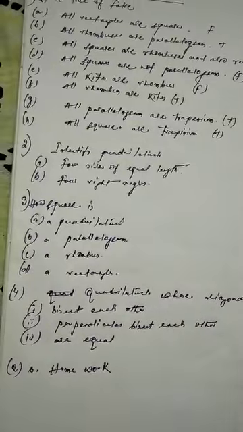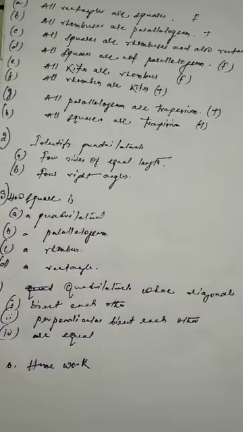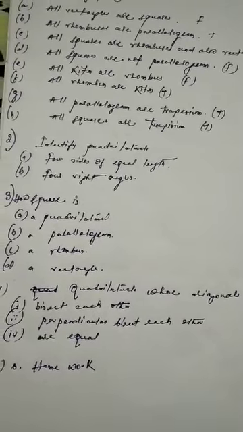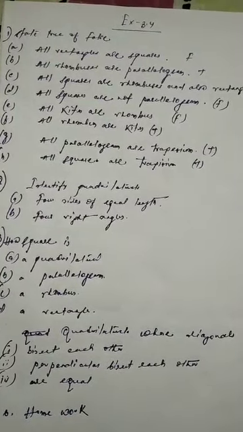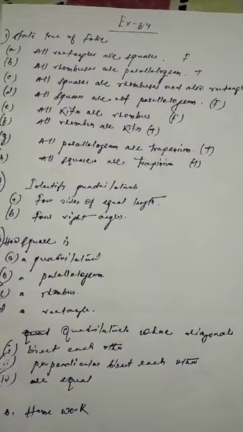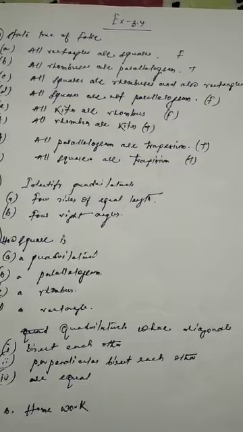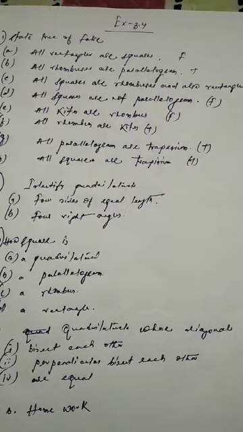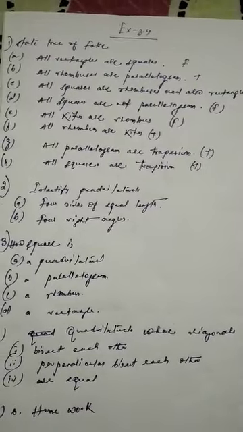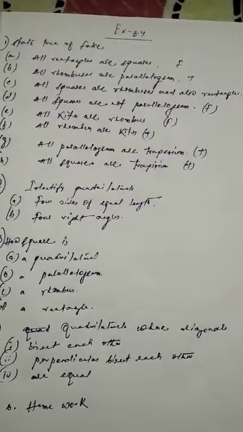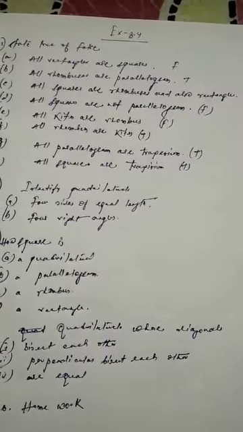So children, I'm explaining up to this much today, and there is a question number 6. I'll be expecting you all in the next period. You'll be showing me question number 6, and whatever I have explained, I want all this in your copy, to be submitted in the next period, in the second period of mathematics. I want all your work of exercise 3.4. Before I go for a new chapter, I want you all to submit your work. You can show me the entire chapter 3.